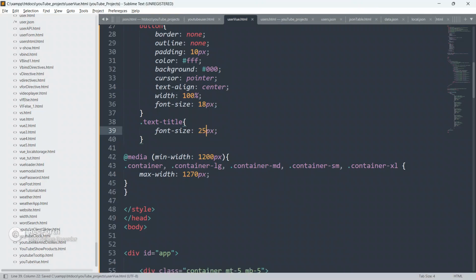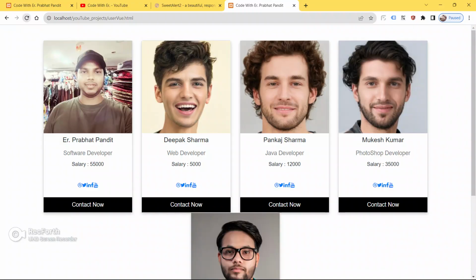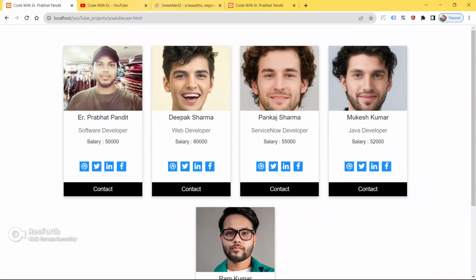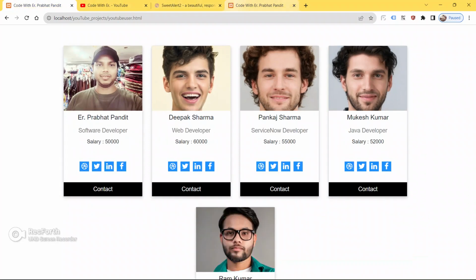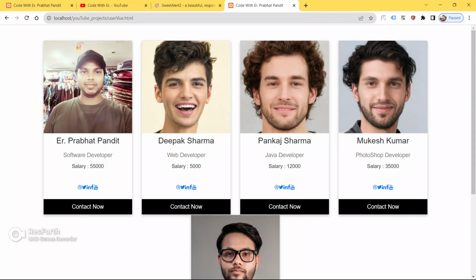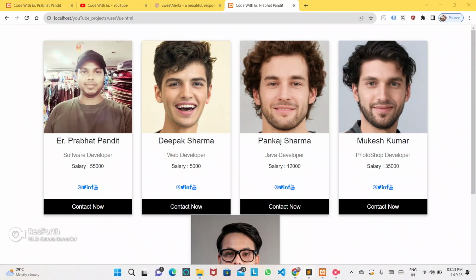Okay, make it a little bigger. So give 25 px, refresh the page now. So yeah, now it is looking cool, guys. Now we have to just style the social icon.